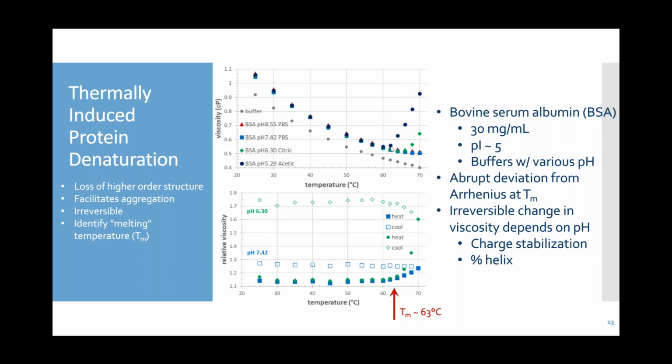So we see very quickly at a particular temperature, somewhere about 62 or so, we see the viscosity increase quite significantly. Whereas the increase is hardly noticeable on this particular plot for the higher pH solutions or the more charged solutions. So just to think about what might be happening here, as the molecules unfold and we have the potential